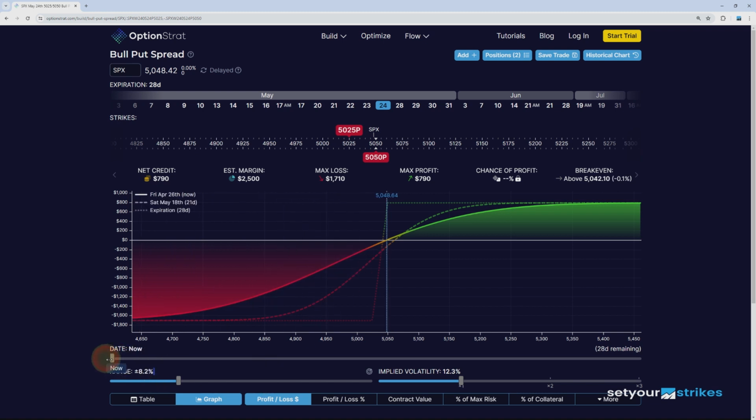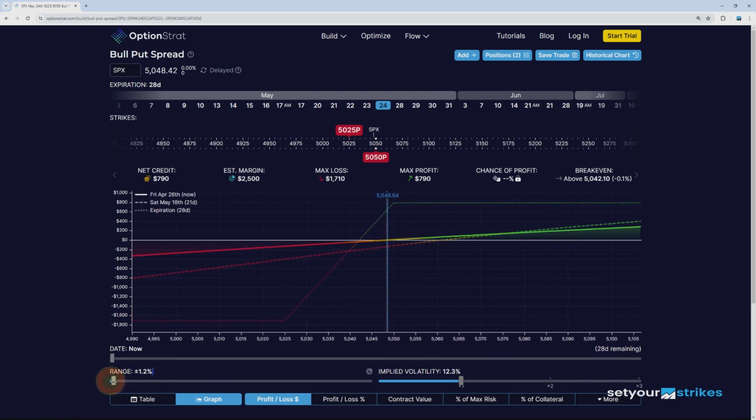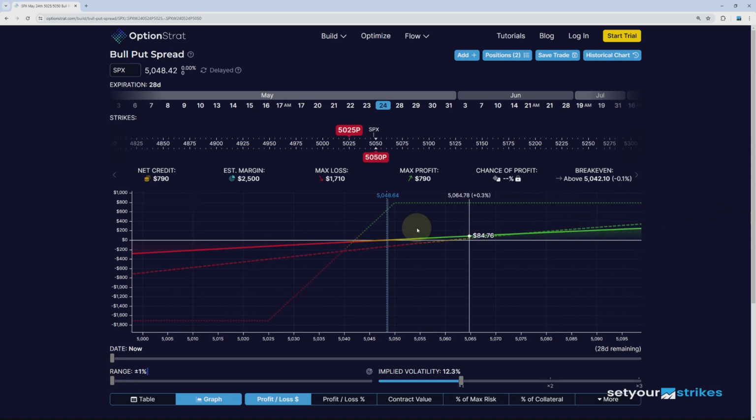If we zoom in and let's say we're going to expect a much smaller move, we can see here, with just, if we're expecting maybe, say, a plus or minus 1 move, we've got a loss here on the downside of about $300, $290, and we've got about $250 on the upside. So it's fair to say that depending on how you're planning your trade and how much move you're expecting in price,